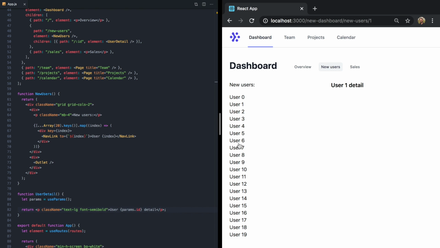And so now we've got this nice master detail. It's all synced with the URL. We can use the back button. We can refresh. Everything works. And again, our nav link just worked here with this dynamic segment. Now, what about our